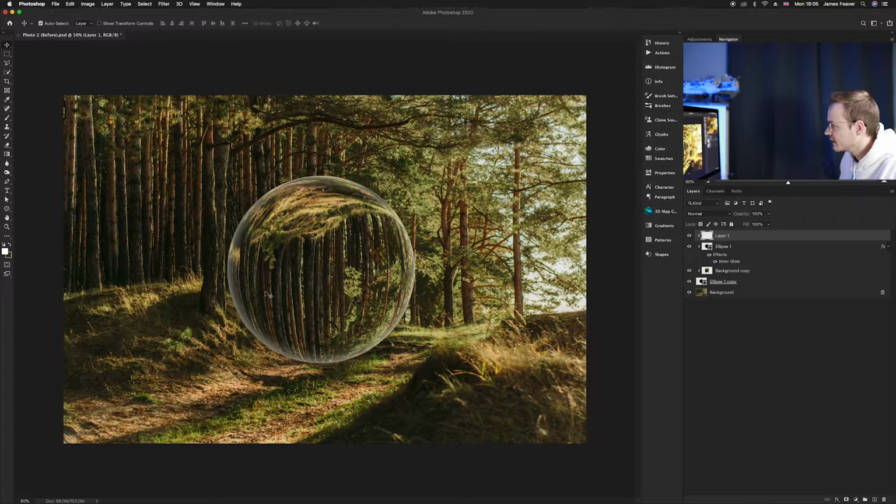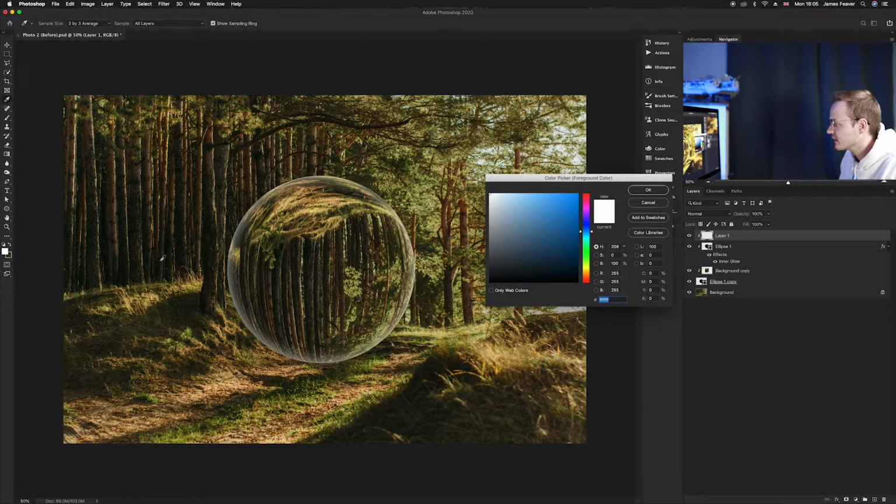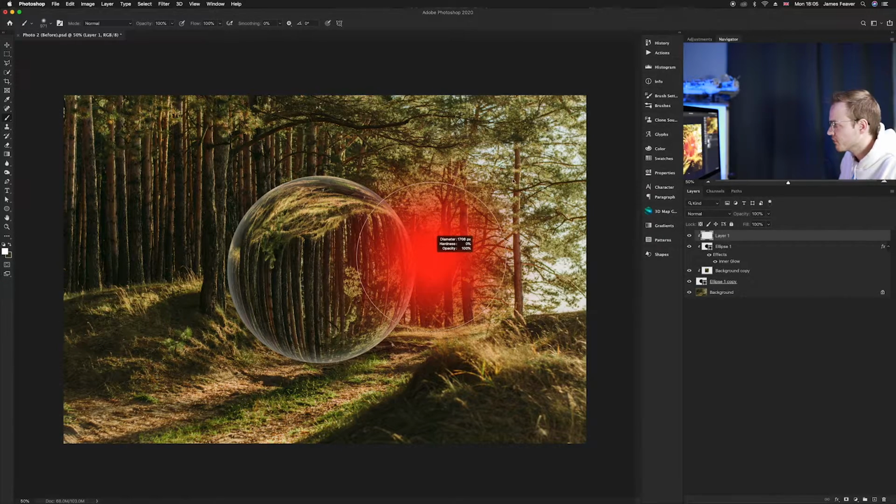So I think the light is coming from the right hand side of this image. So what we want to do is go to our brush tool. We want to select our brush tool on the left hand side here, or B on our keyboard. We want to make sure that we've got white selected as our foreground colour, and we want a nice big soft brush. So if we've got the light coming in here, if we dab a little bit of light here,